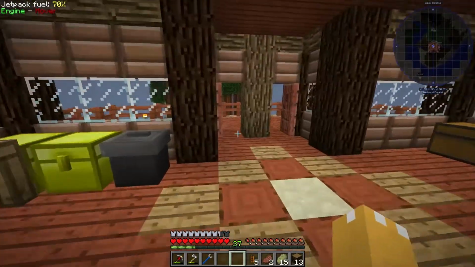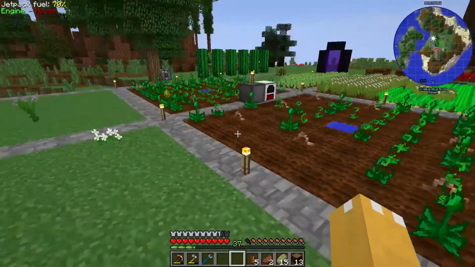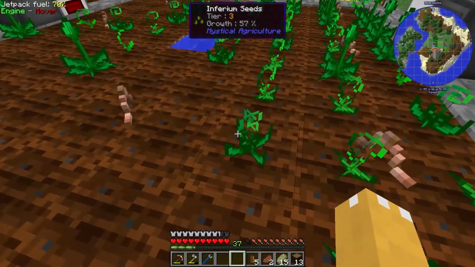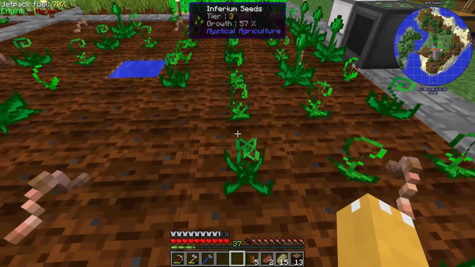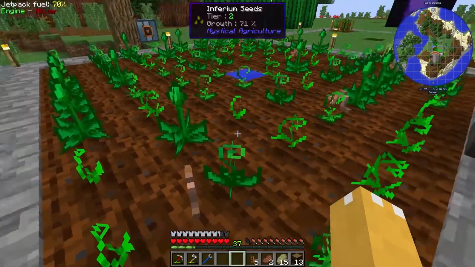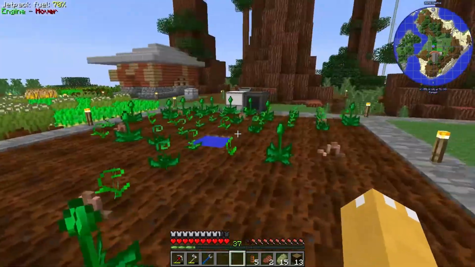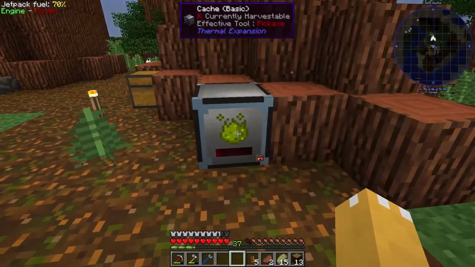But let's first go down to the garden. So I now have 2 gardens going. These are tier 3 Inferium seeds, which is awesome. I believe they give me 4 essence per harvest. And then this field over here is a 2. So basically, by having these both running, I'm starting to accumulate a really good amount of Inferium,